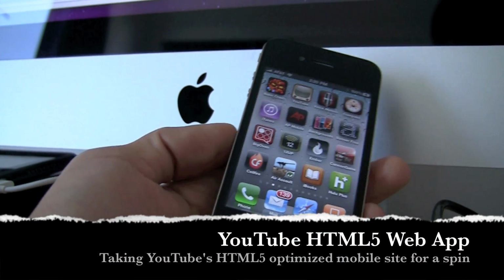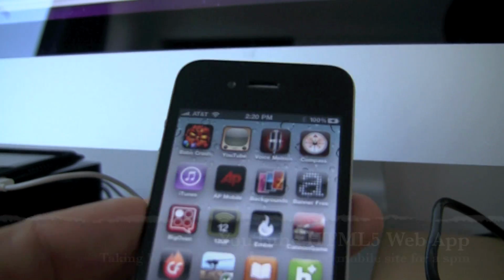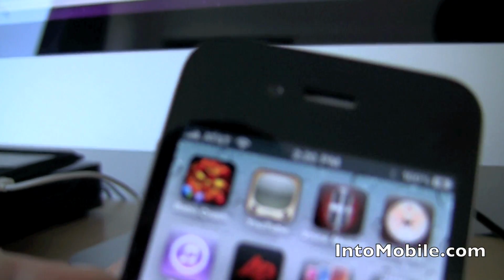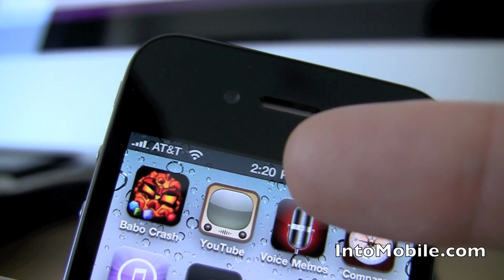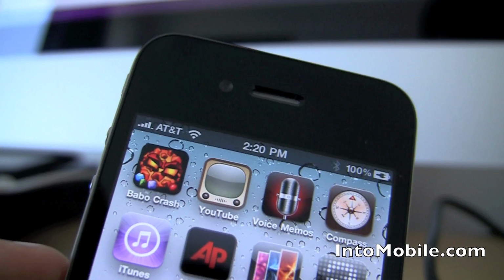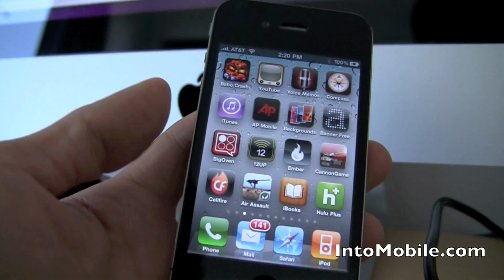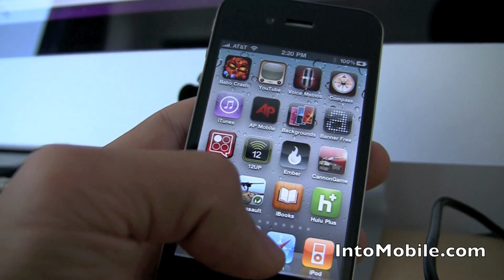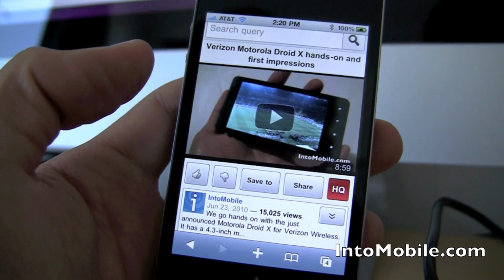We're taking a quick little look at what the new HTML5 optimized YouTube web app looks like. So here's the deal. We've had this YouTube app on iPhone for years now, and it was always meant to play YouTube videos on the iPhone because the iPhone doesn't support the Flash-based video player that YouTube initially used. They went HTML5 on their desktop, but just today, YouTube has gone HTML5 on their mobile website, which